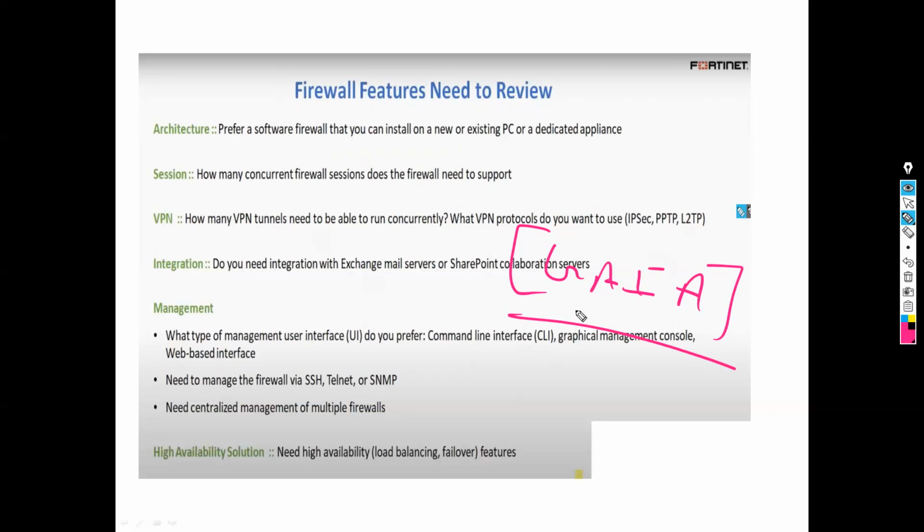This is Checkpoint architecture. In Palo Alto, you can go with the dedicated device. You can go with the physical device. You can go with the VM firewall box. So every vendor has its own architecture. So before purchasing a firewall or before going with any vendor, you need to know the architecture about Palo Alto,